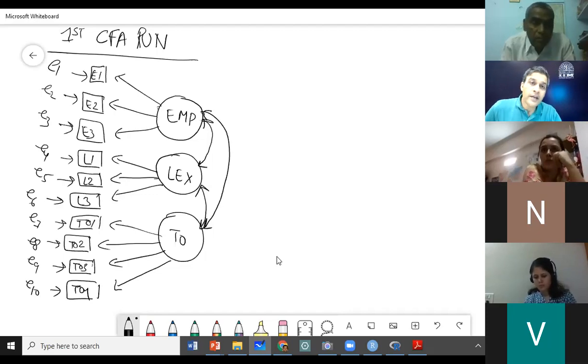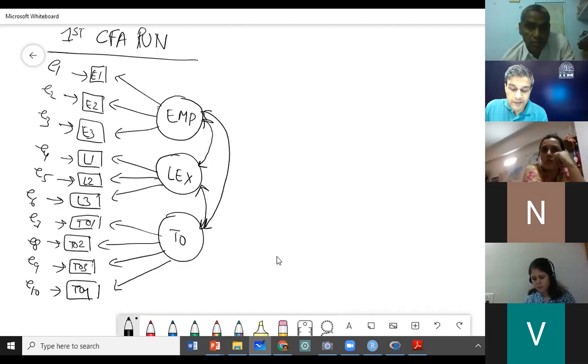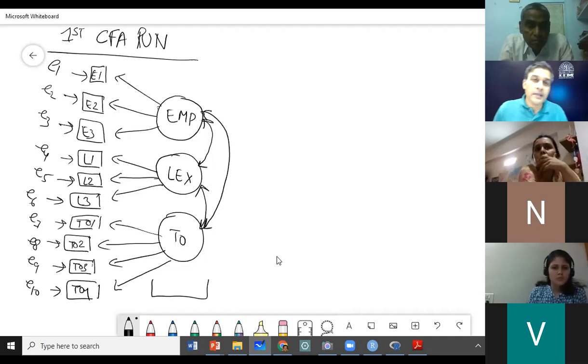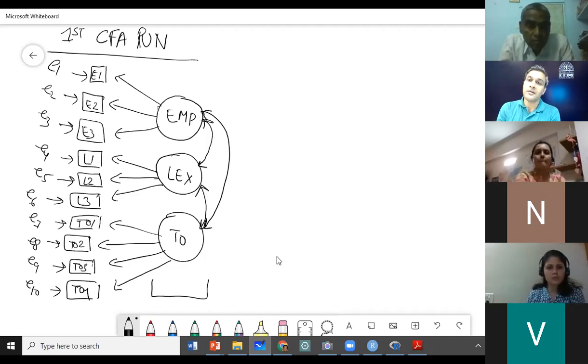No, they are not second order, they are first order. They are the first circles that come to us, right? So the 3 first order factors are also exogenous. So we will have 3 plus the 10 error terms. These are the exogenous, and all the indicators are the endogenous variables in our model.